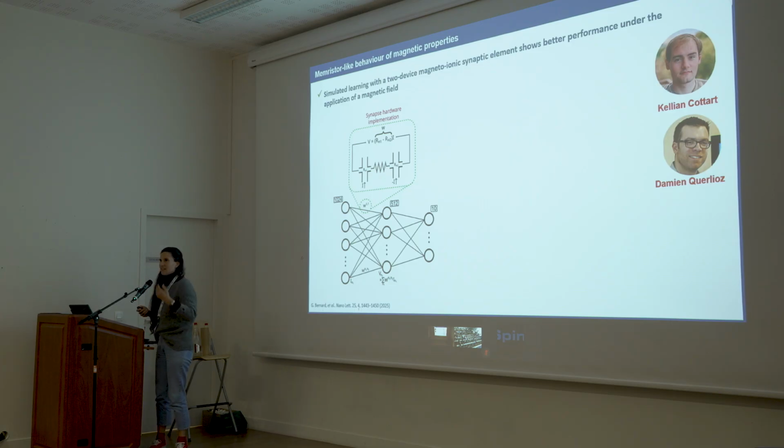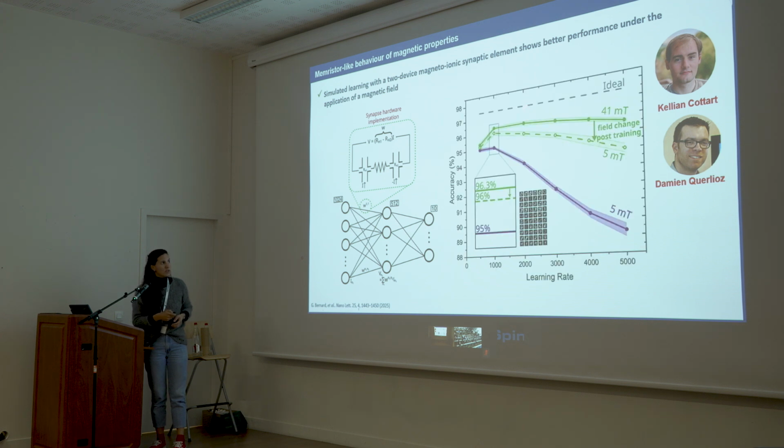and this is the poster that Himadri, postdoc in our group, is presenting later on. So using this model and the actual data from the devices, they could make this nice neural network simulation where they tested the MNIST data set, and they found that indeed, when the network is trained with a field of 5 millitesla, the accuracy is much lower than when the training is done